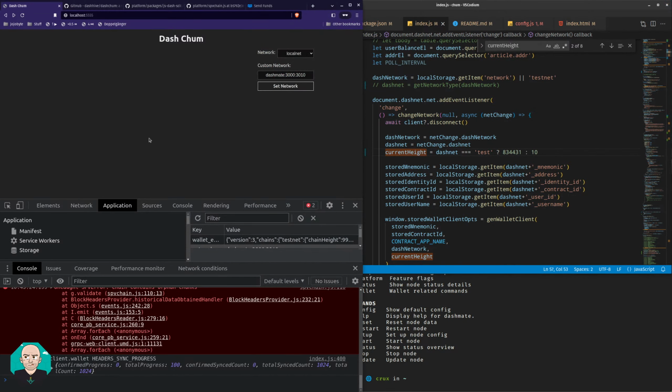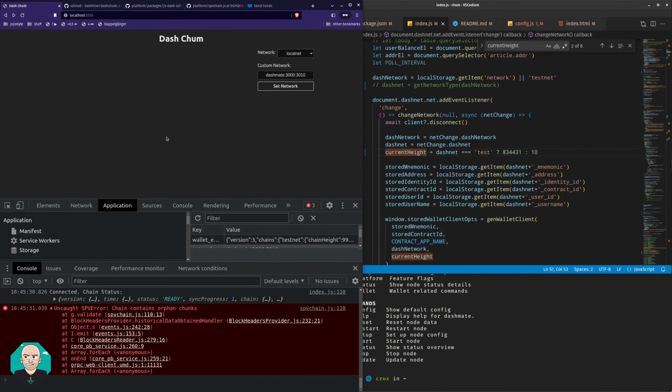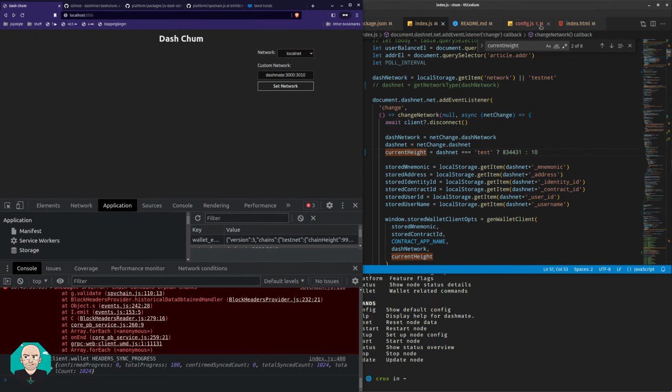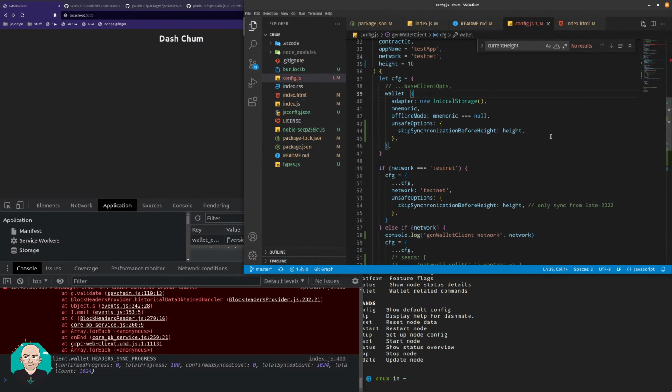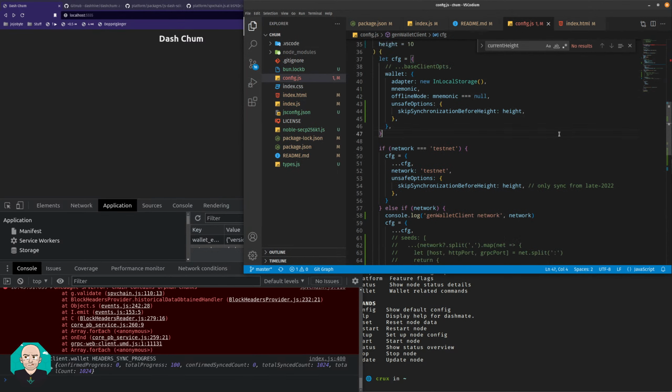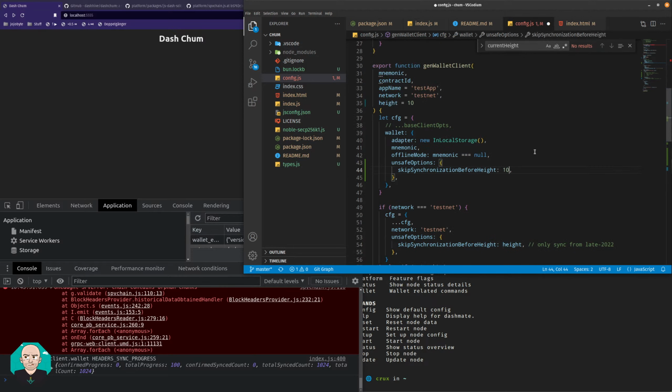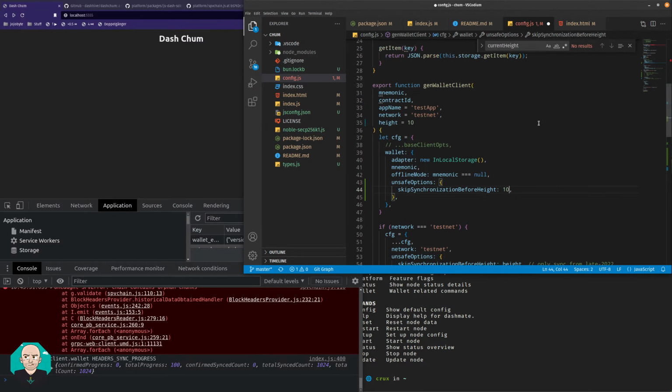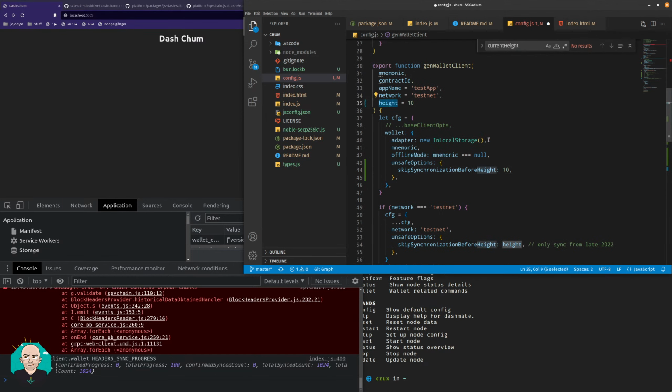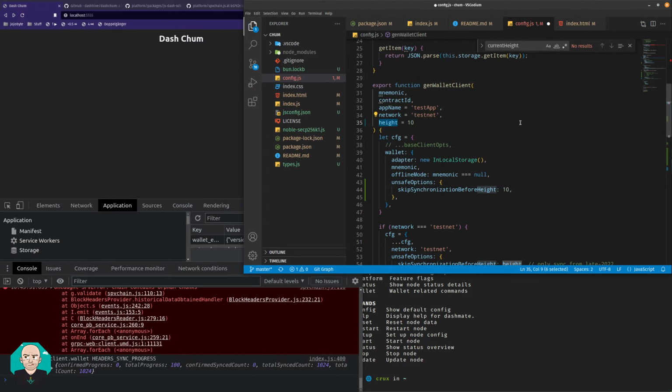What about that? That is all kinds of weird. So when I had this hard set to 10, it was working. Even though height should be up. Yeah. I prefer to be able to update it. So